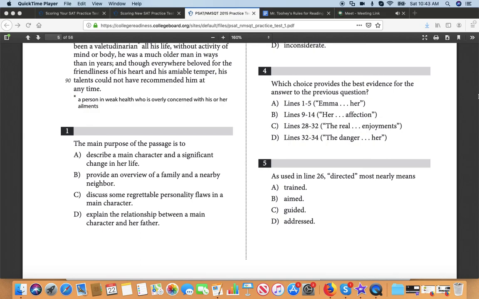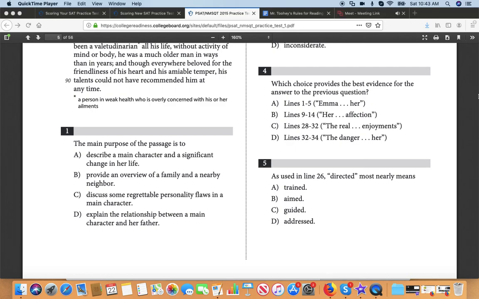We're in Part 2. We've got Caden with us. We just finished reading that first passage from PSAT Practice Test Number 1, that Jane Austen passage from Emma. If you haven't given it a read-through on your own yet, I recommend trying that at some point, just reading it all the way through on your own after having discussed it. I don't want to spend the time doing that right now, but we're going to approach some of these questions